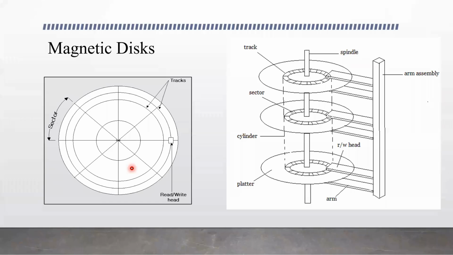Now, to locate a particular bit, the address bits specify the disk number. As we have many disks arranged, we first need to find in which particular disk the read or write operation needs to be performed. So the address specifies the disk number, as disks are numbered 1, 2, 3. Then the address specifies the disk surface, whether it is the top surface or the bottom surface, and the sector number.